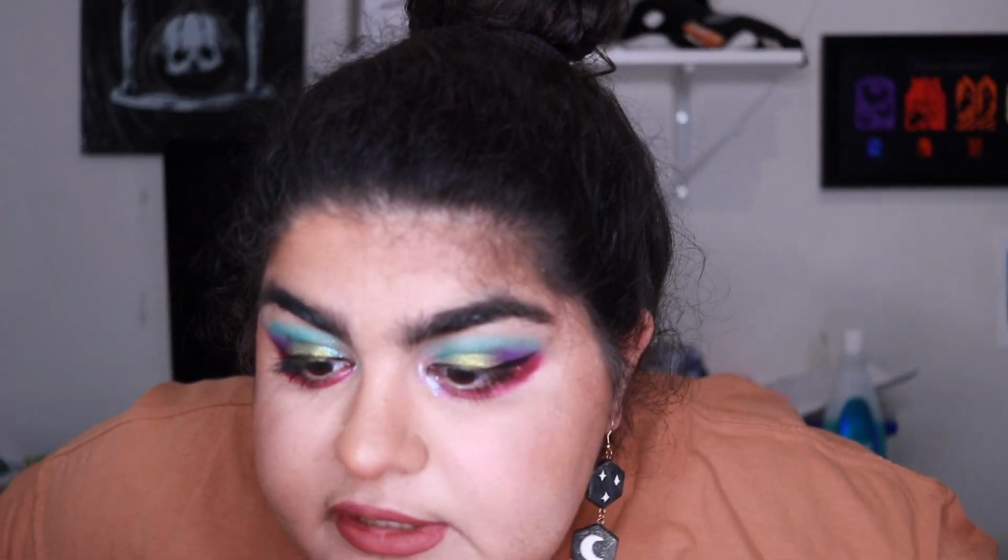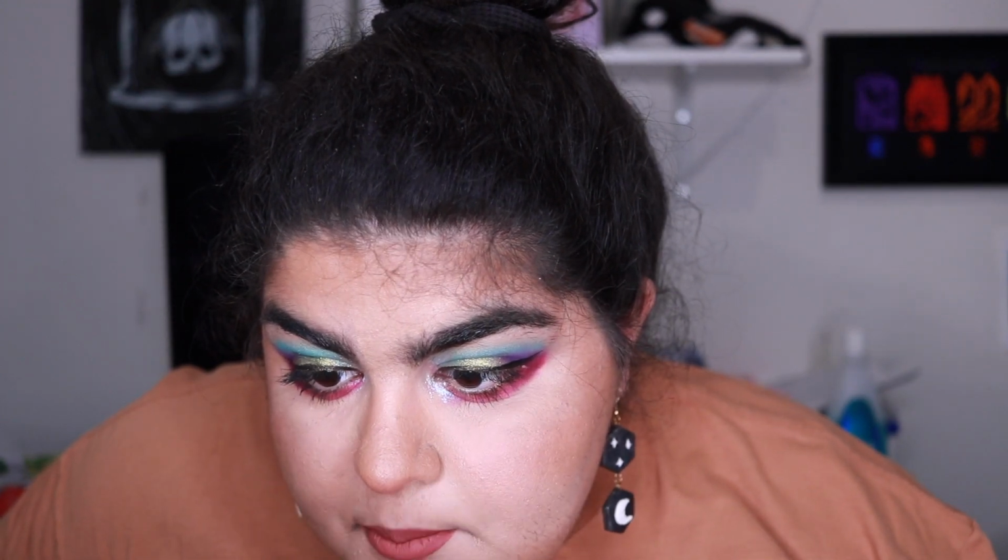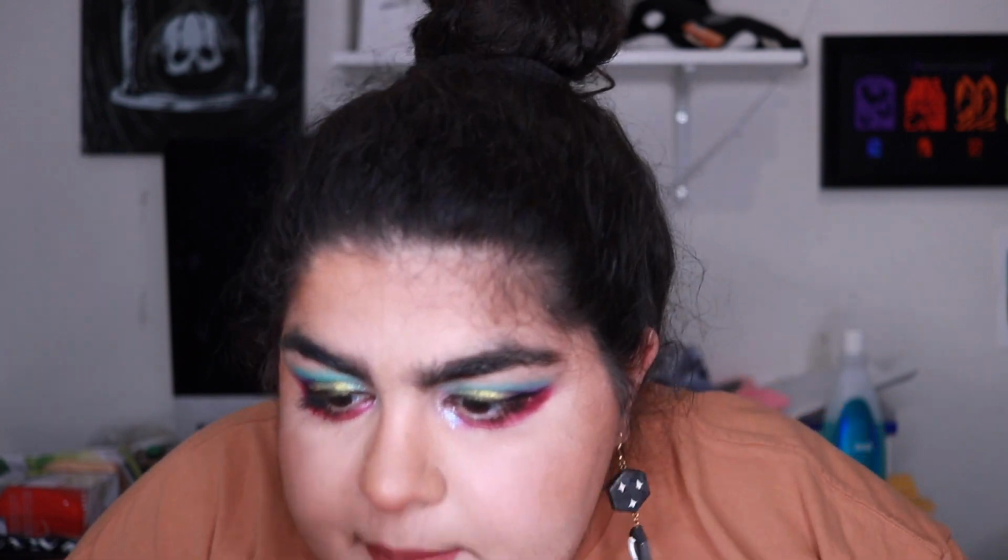Okay, so this is definitely sinking into every line on my lips as it dries. I don't know if you can tell, but every line on my lip is visible, but it still feels comfortable. So if you don't mind the look, you just want it to be comfortable, this is fine. If you hate the look, maybe not as much, because there are some liquid lipsticks that don't sink in as harshly. This one definitely is one that